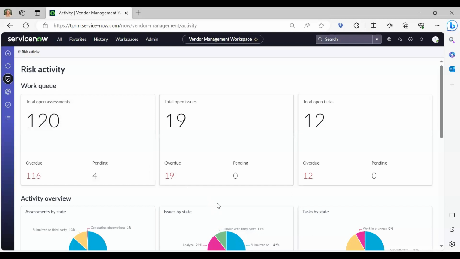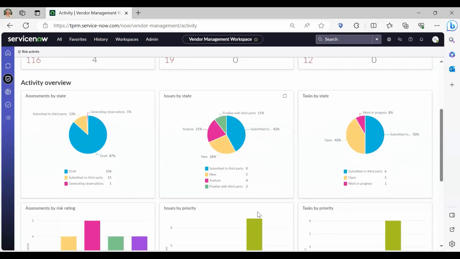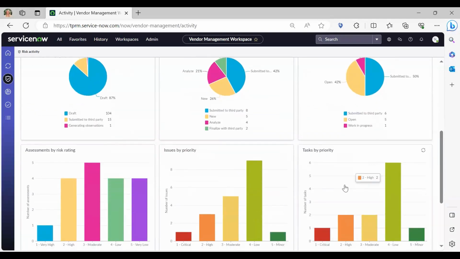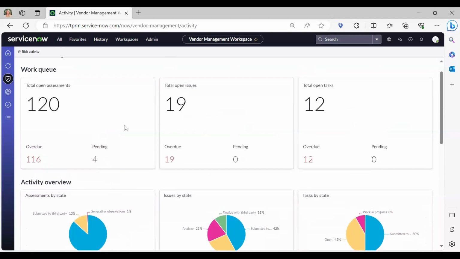This homepage is dedicated to the risk activity, any open assessments which need to have a follow-up, any issues which need to be remediated in collaboration with your third parties, any tasks around document requests, all that will live here. And then you get into some operational tracking and even some upcoming expiration of your third-party risk assessments.